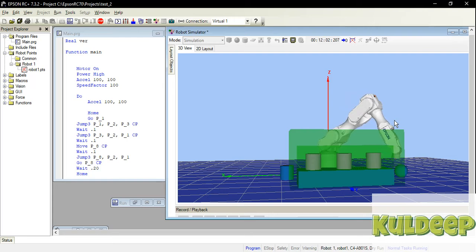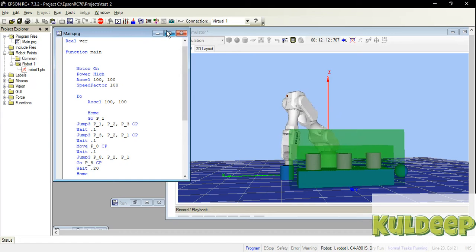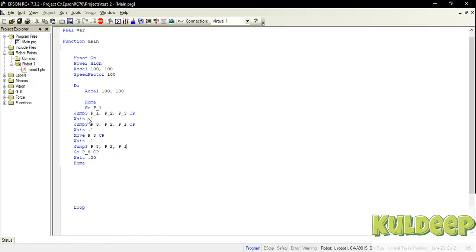So now I'll make you understand what is the go command, what is jump, and what is move. As you have seen in this program, there is the go command, go P1. You are asking the robot to go to P1.